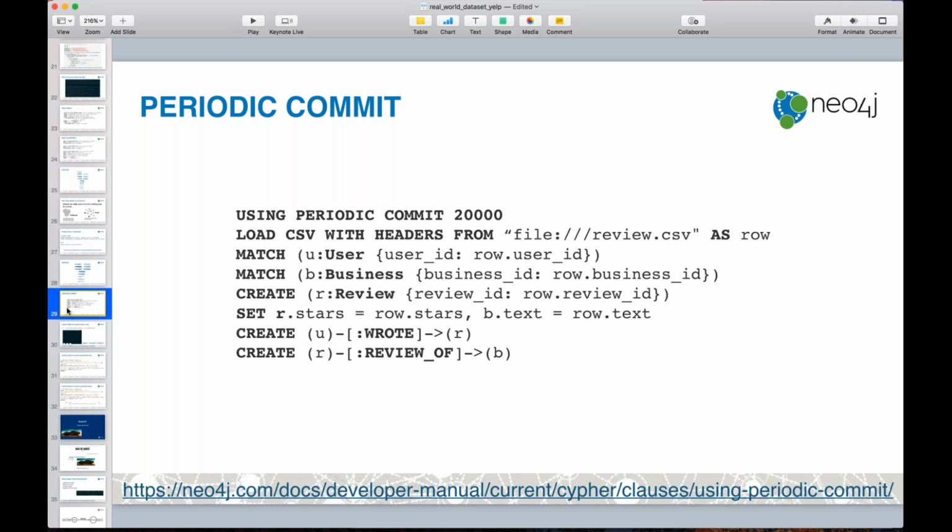One other thing I want to mention about load CSV is this concept of periodic commit. Neo4j is a transactional database. That means that every statement is either committed in its entirety or none of it is committed. And that's useful when we're doing operational workloads, say like storing some financial transaction, but it's not necessarily so important when we're doing import. So for that reason, we can get around the transactional nature of the database with this